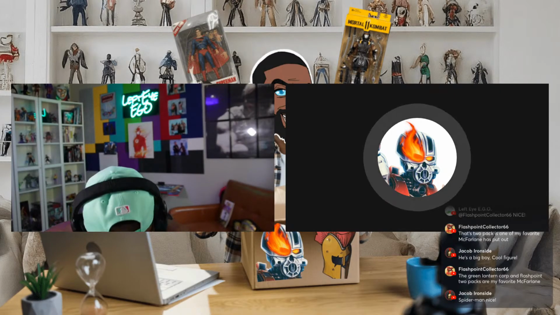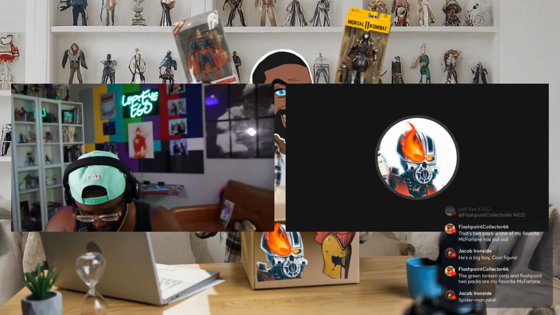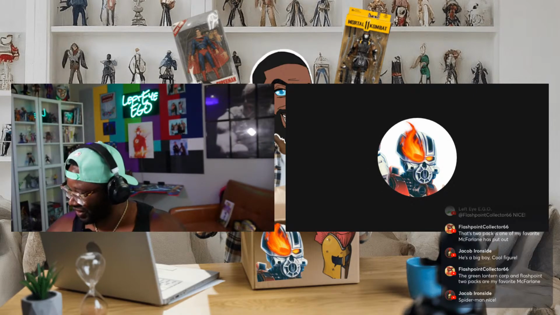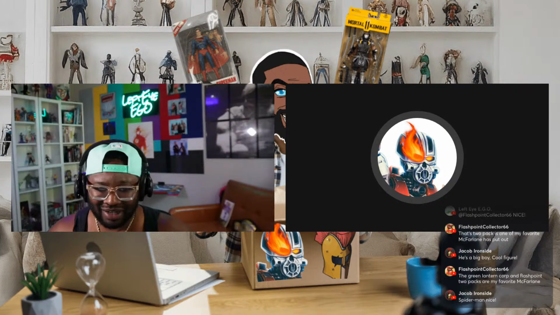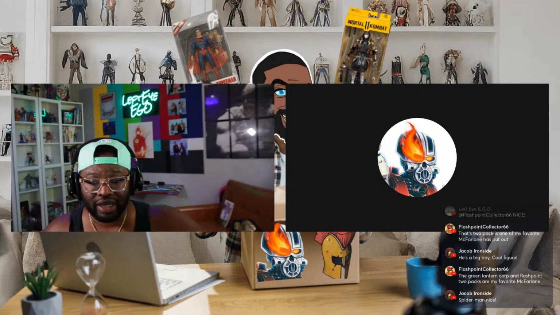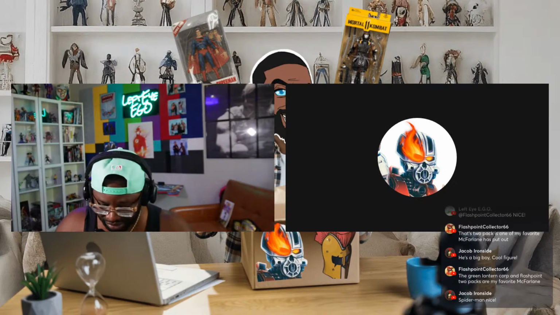Because I would definitely get this, I would get that Spider-Man one alongside a future Ghost Rider if they ever do that. Yeah, that's pretty dope. And it comes with the mini. You said it comes with a mini trading card too, like the comic cover trading card. Yeah, all of them come with their own card, like a reference to the actual comic.